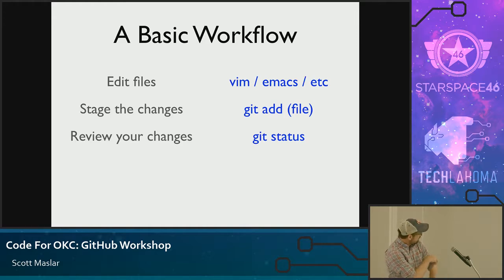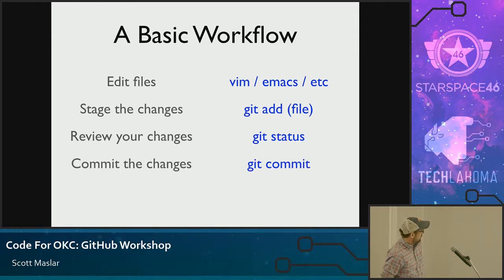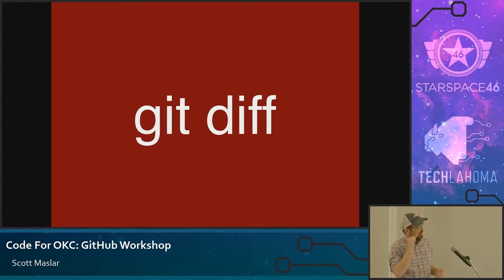You review your changes with git status to make sure that you've only added the right files. If maybe you'd made 3 changes and you only wanted to add 1 file, then you could do git add and that file name, and then you're good to go. You make sure with git status that that's what you did. You commit the changes, and then I didn't talk about this before, but it is super helpful on that review